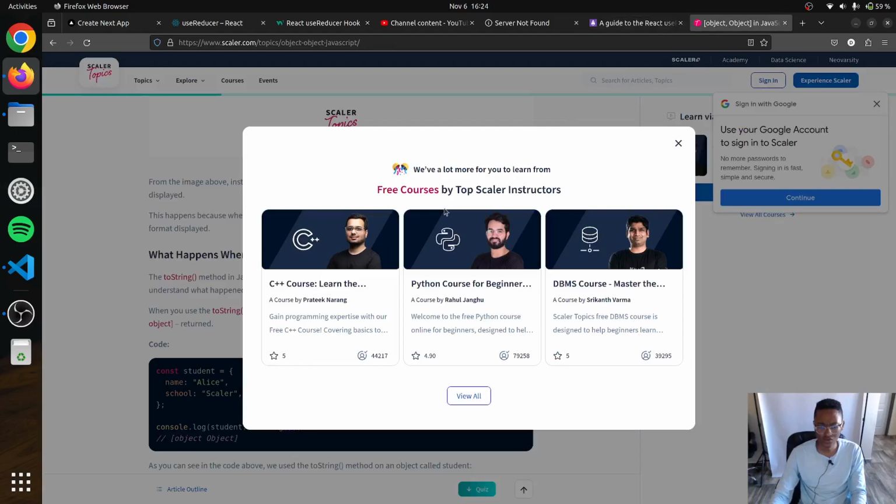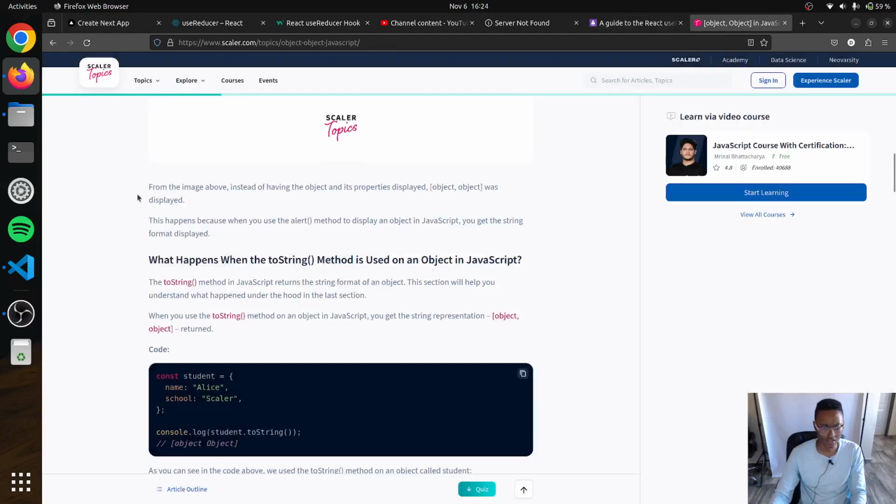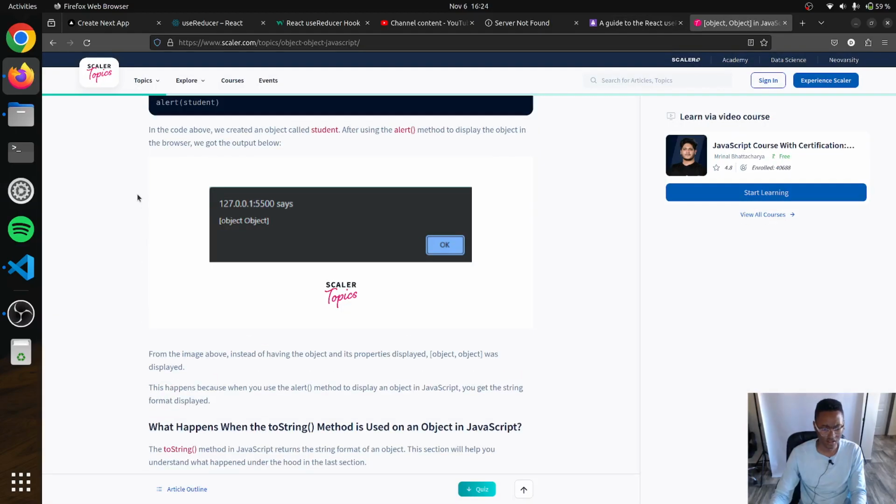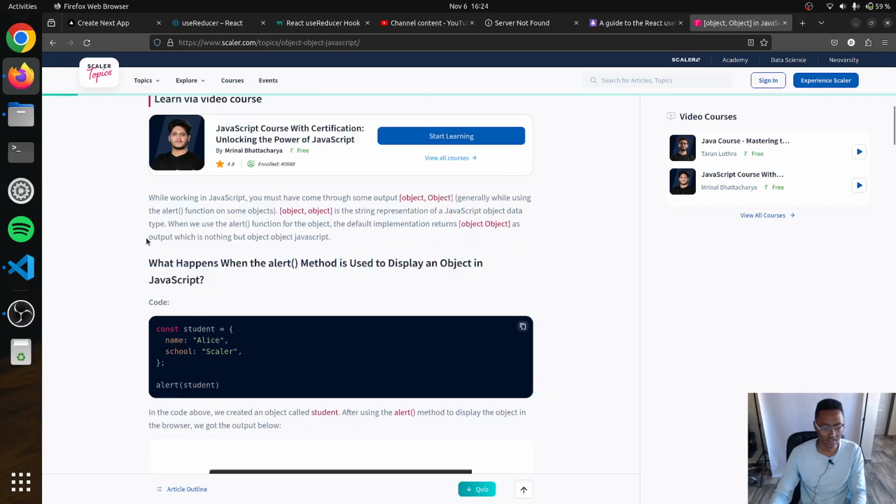So the toString doesn't work, or am I confused? Did I just read? Okay, let's read everything. While working in JavaScript, you must have come across some output object generally while